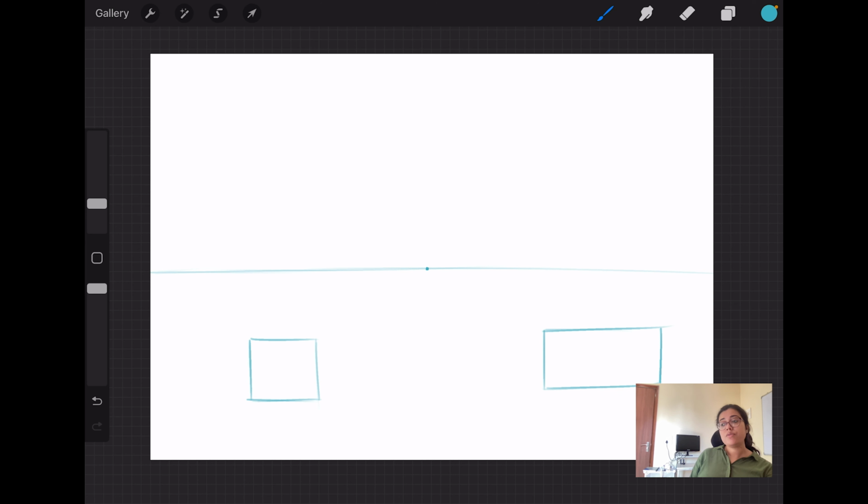Now what you have to do, I told you that all the lines go towards the vanishing point, right? Now we will assume that this is an opaque object. What is an opaque object? One which you can't see through. You can't see what's inside it. So suppose this is an opaque object. Now it is below the horizon. And now what are we going to do? We are just going to draw the side lines towards the vanishing point.